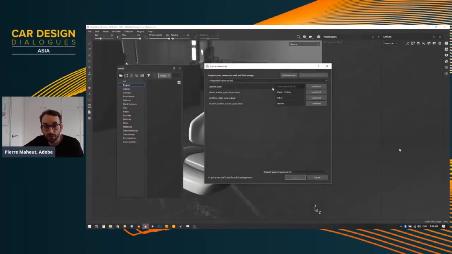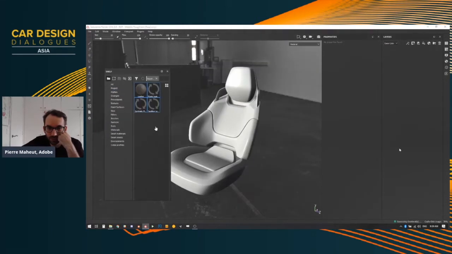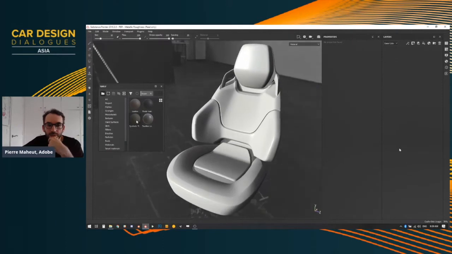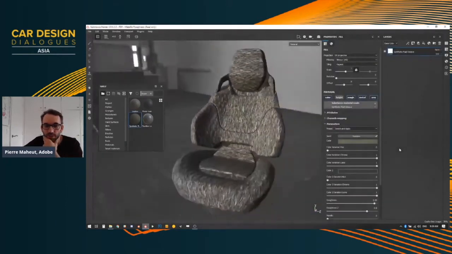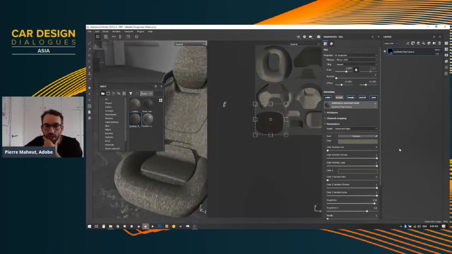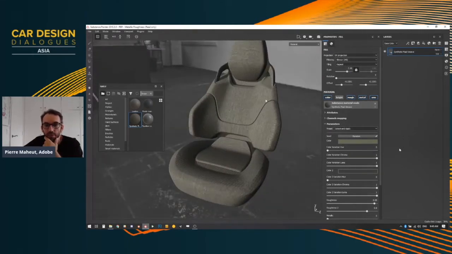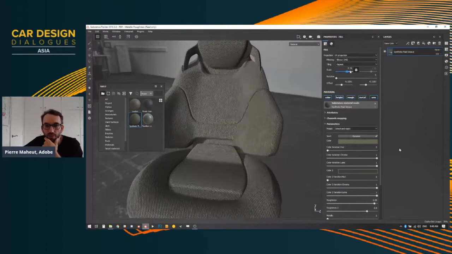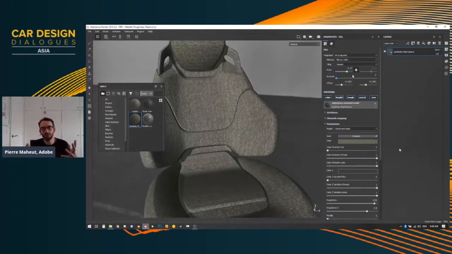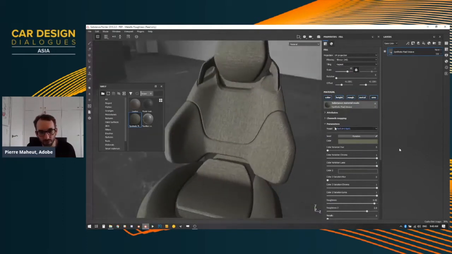So here, for instance, we are getting materials from our material library, the 3D asset library, and then just dragging and dropping those digital materials, digital samples, onto the 3D mesh, adapting the size of it, and also deciding which part we want this to apply to. So Substance Painter is very close to a Photoshop in 3D.